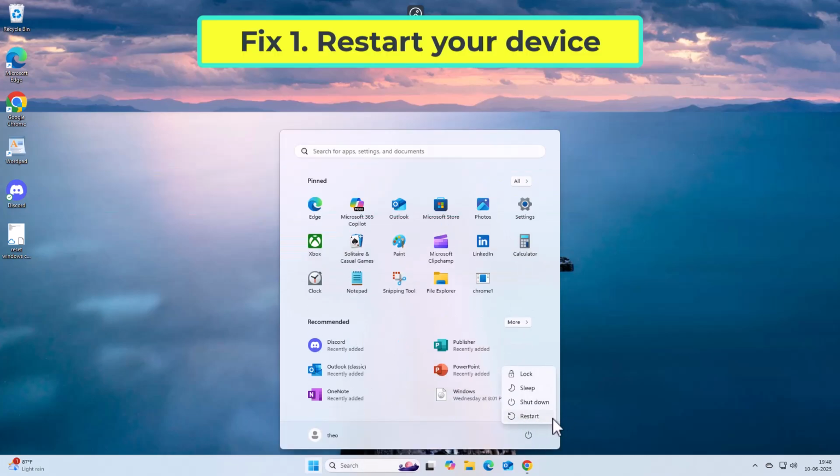Fix 1. Restart your device. Temporary glitches in the OneNote or OneDrive sync process can cause error code 0xE40200C4. A simple restart often clears memory-related issues and re-establishes proper sync connections. If that didn't work,